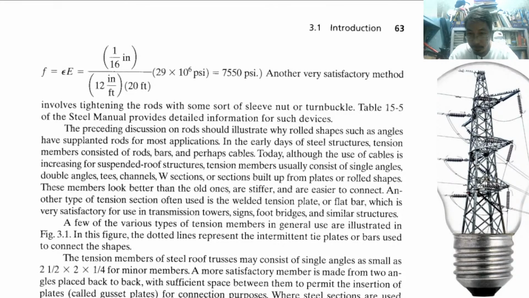Okay, what is the equivalent of 29,000 KSI as the modulus of elasticity of steel? Okay, while you are trying to convert that or search for that,